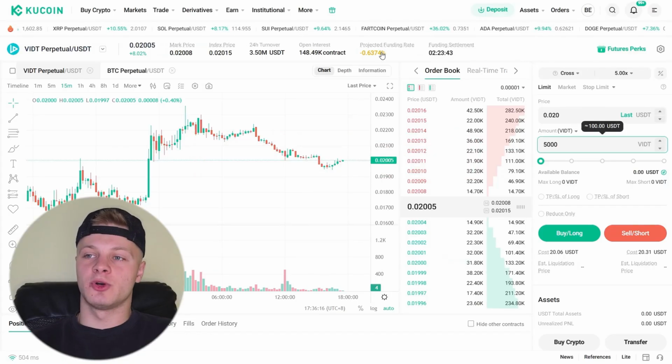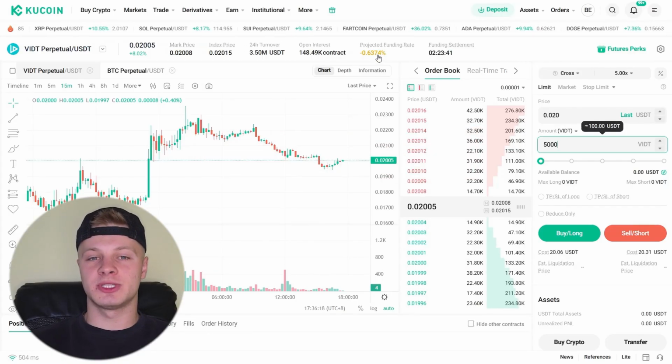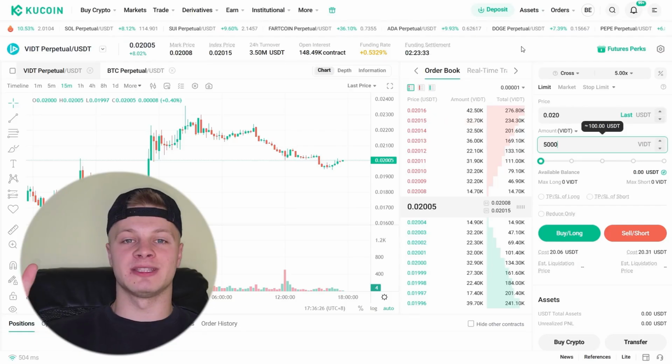If you click here or hover your cursor, you'll see that the next funding will be negative. This means it will no longer be profitable for us to hold our short position since we will have to pay the funding. Therefore, after receiving the first funding payment, we close the short and sell the spot for this